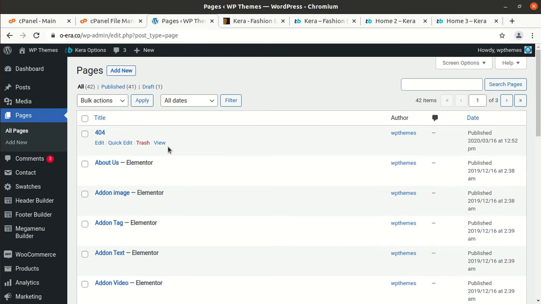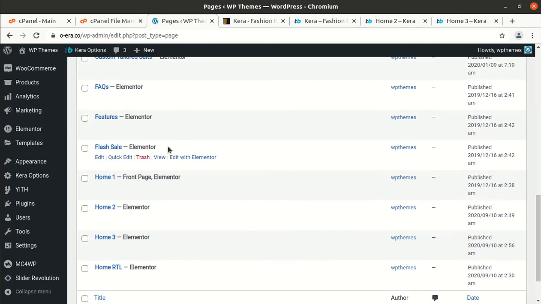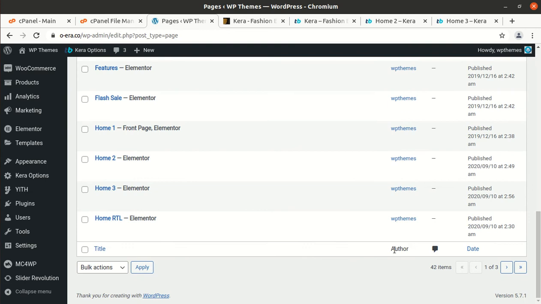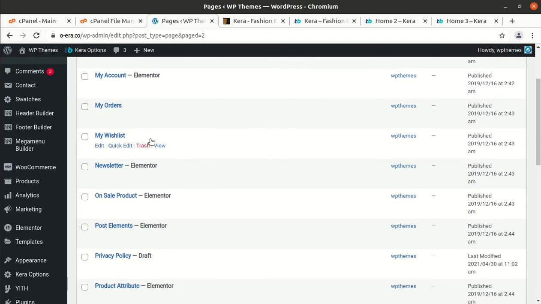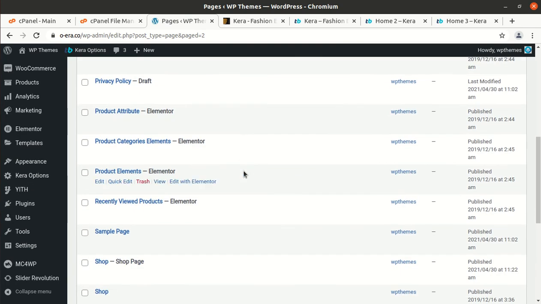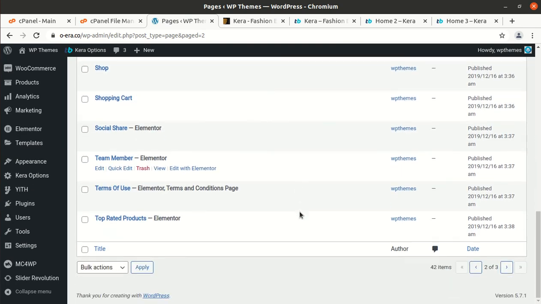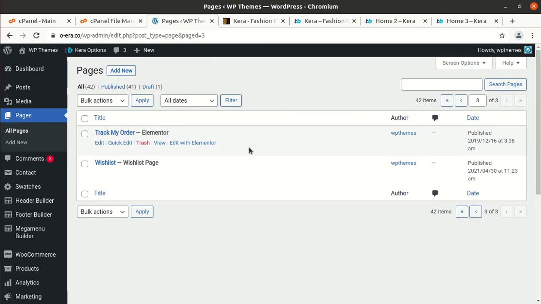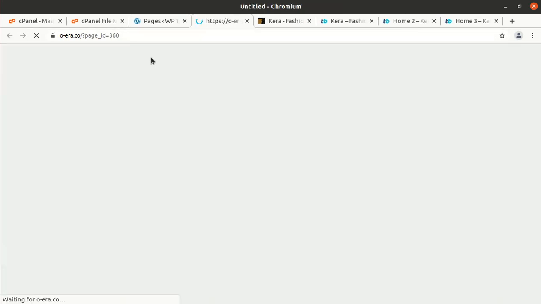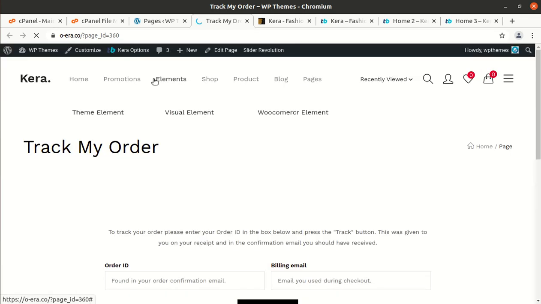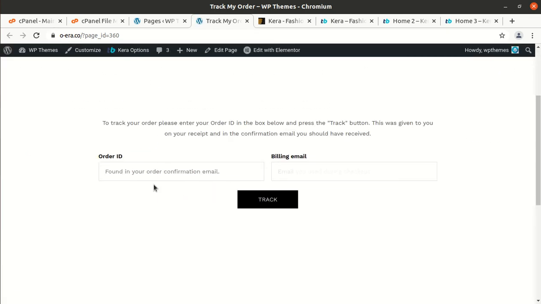So we got 41 published pages in the demo content, and of course we can use all these pages or whatever is required for our website: sales, flash sales, privacy policy, attributes, shop and shopping cart, all team members, and like pages are here, and all made with Elementor. Elementor is a wonderful page editor, and track my order is also here, so it is also a good thing. Okay, so order ID and email, okay, fine.